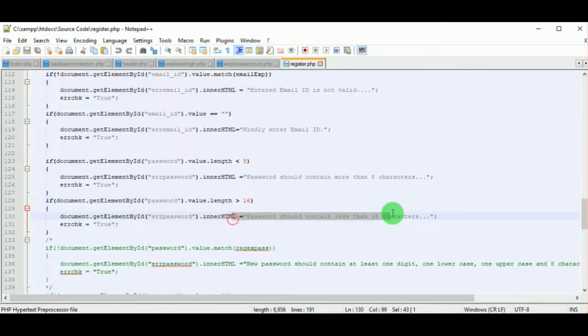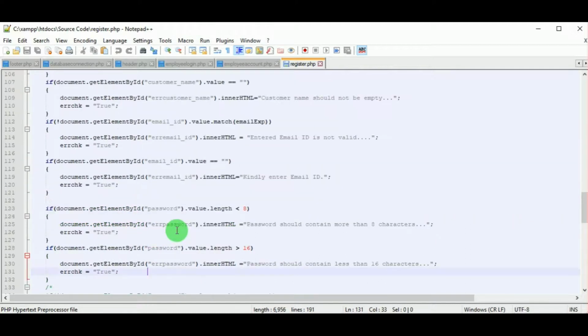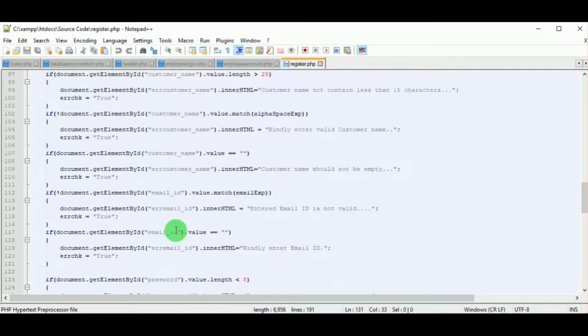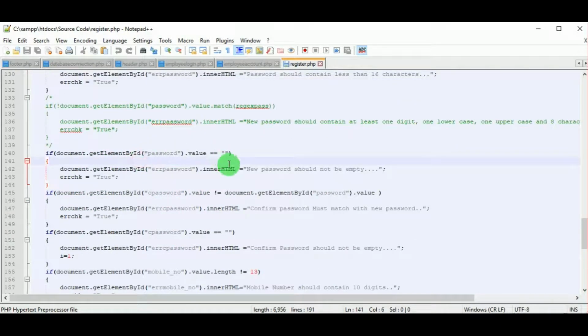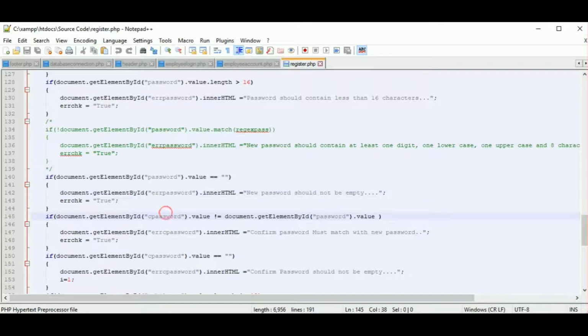Then the password must be greater than 8 characters and less than 16 characters. And the password as well as the confirm password should not be empty, and the password and the confirm password must match. If it is not matching, then again you will get the validation message, that is, confirm password must match with the new password.